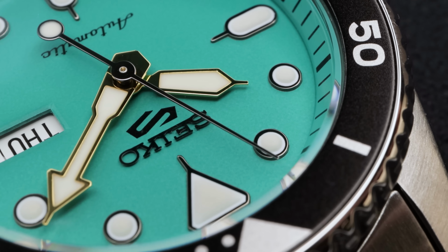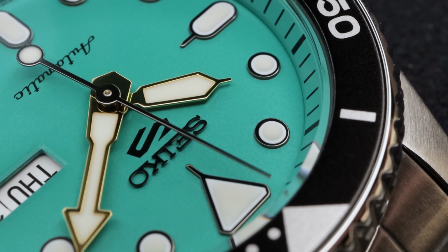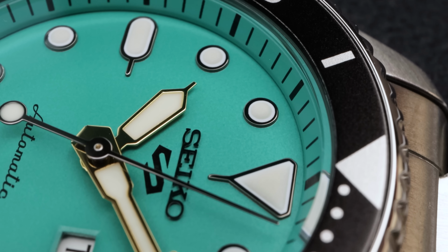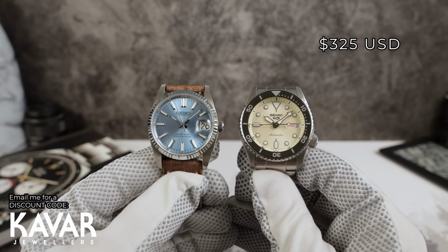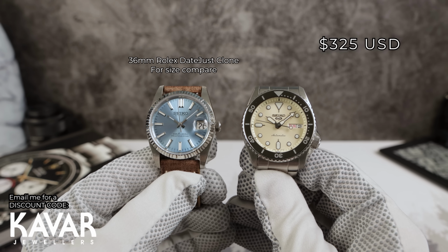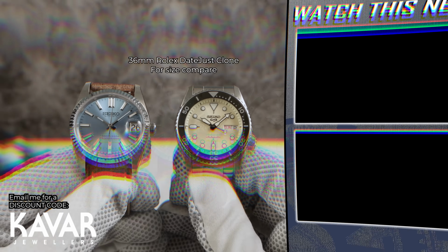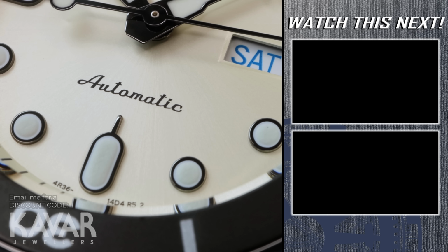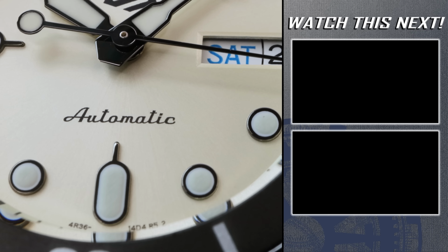What's the price? Well, this one comes in, I believe, at the original SKX MSRP, which is $325 USD. From a brand like Seiko, that's an absolute steal. The street price, of course, will be a little bit less, but I want to hear your thoughts in the